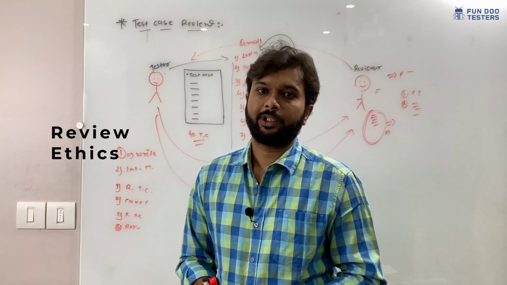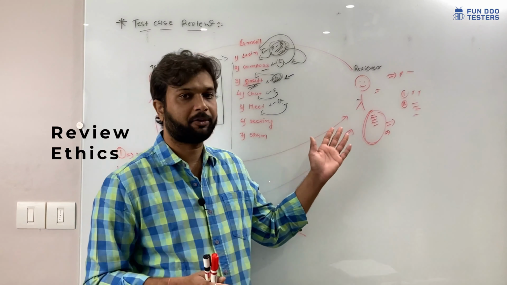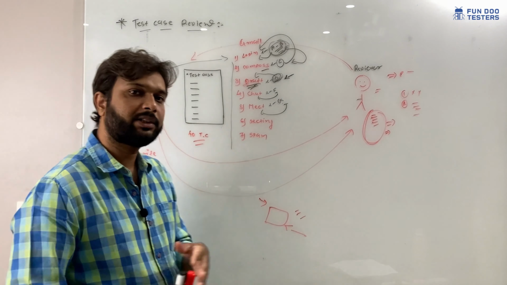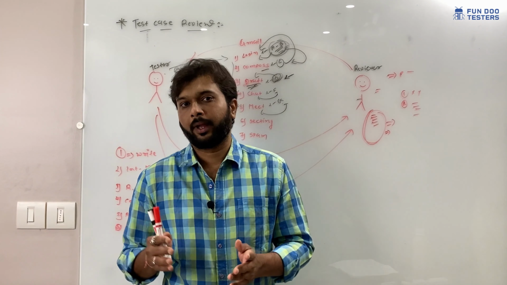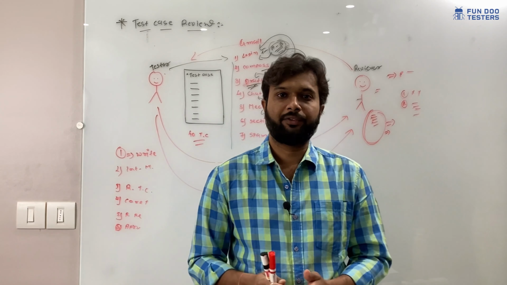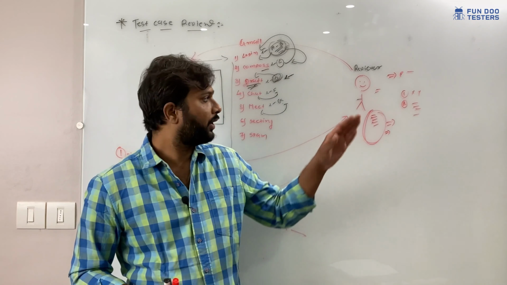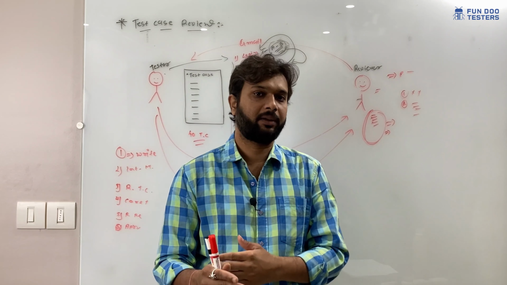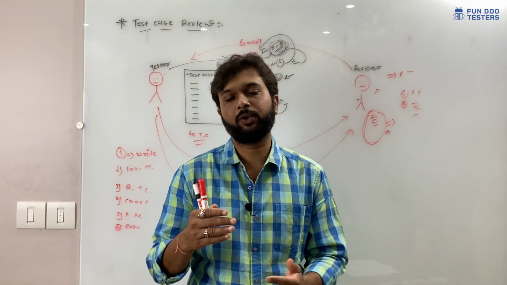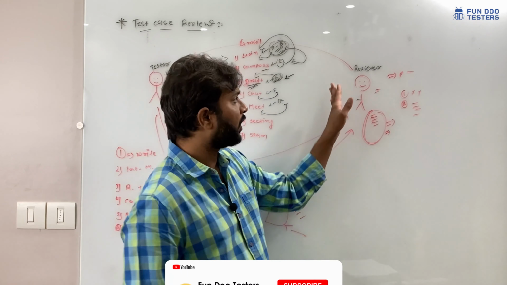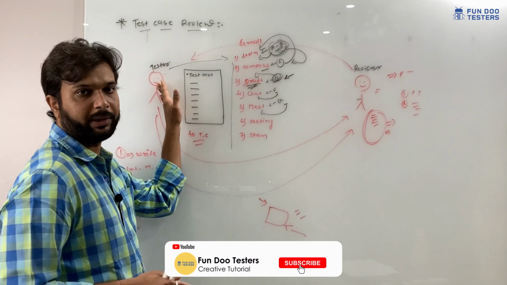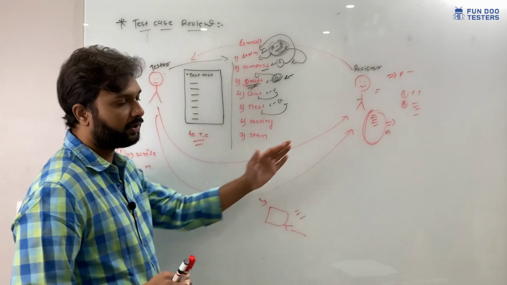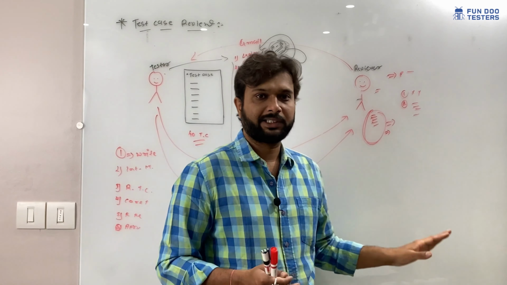There are a few review ethics. Let's say we are performing a review and we are writing the test cases. In this phase also we are spending some time. Later on, after the review, what will the reviewer do? The reviewer will find only defects or only missing areas or missing parts. He is not going to fix that area. The reviewer sends it directly to me, the tester, and I will fix whatever mistake I made. The reviewer is not going to fix anything.